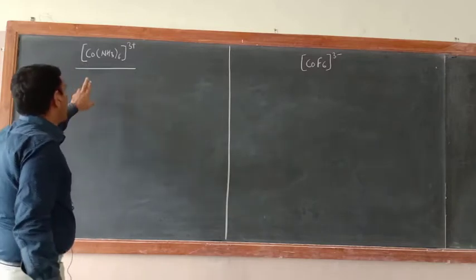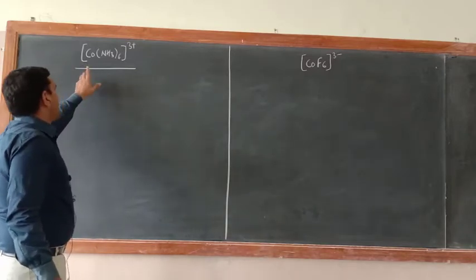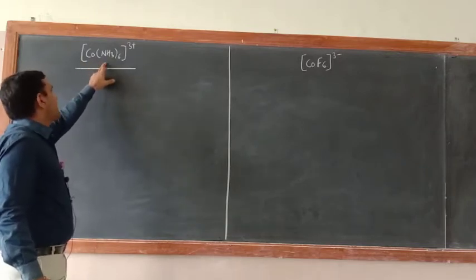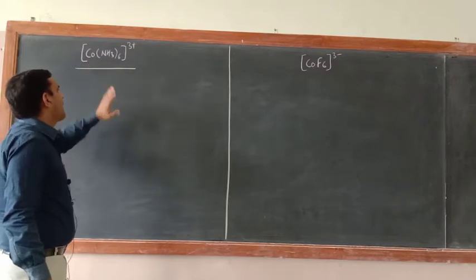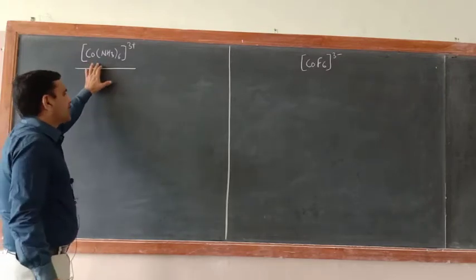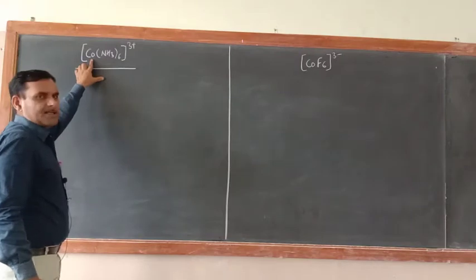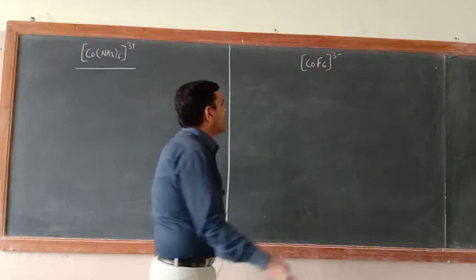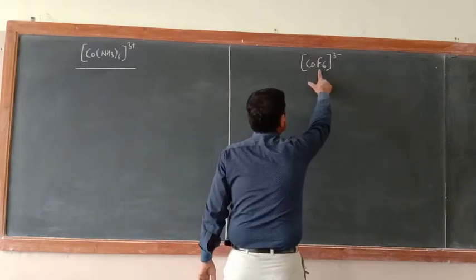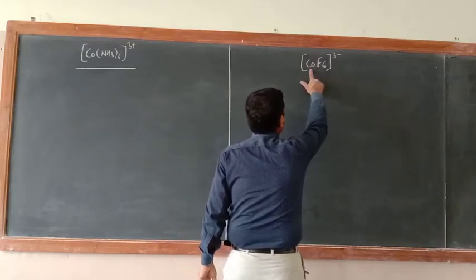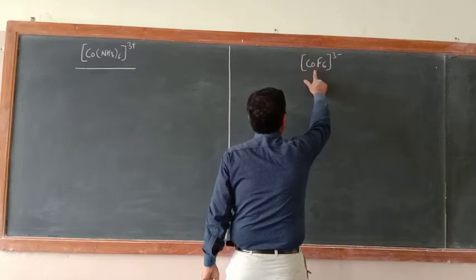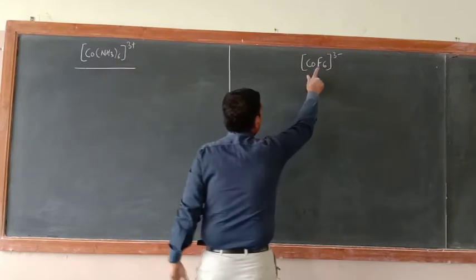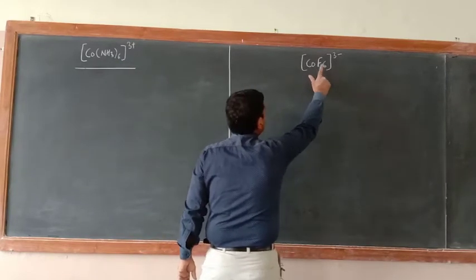Okay, so just see here, I wrote two coordinate compounds. Basically they are ions. This is the hexaamminecobalt(III) ion. Oxidation state of cobalt is 3 here. Oxidation state is very important in an ion. Now, what is the name of this one? Hexafluorocobaltate(III). Here NH3, ammine, is the neutral ligand. Here F, fluoro, is the negatively charged ligand.